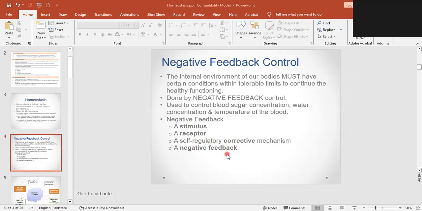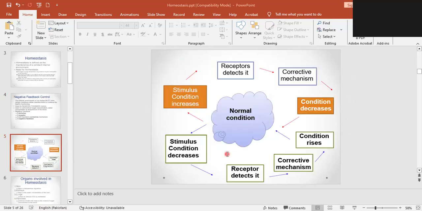A negative feedback mechanism has been achieved. All right. Okay. You can see in this flow chart as well, normal condition, stimulus increases, receptor detects, corrective mechanism,